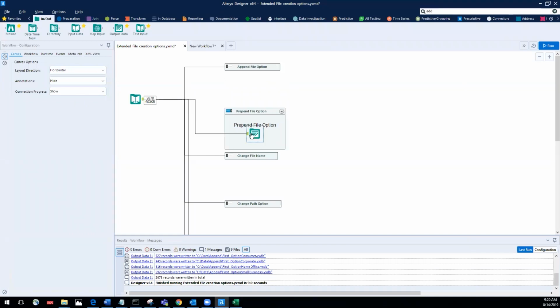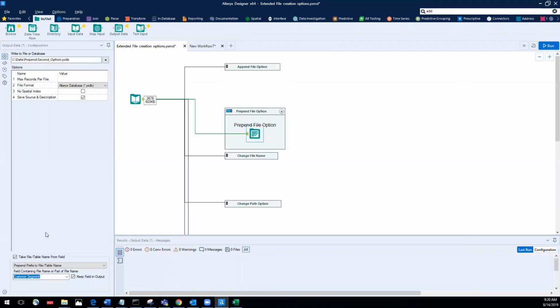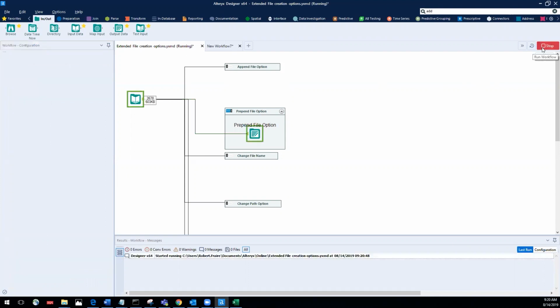So now we can go on to the second option, which is very much like the first option, but this is a prepend. So on our drop down we go to prepend. Again, we're looking at the customer segment, and as the name says, we would expect to see the customer segment value in front of the given file name, and in this case we should find 4 files as well. So we'll run this